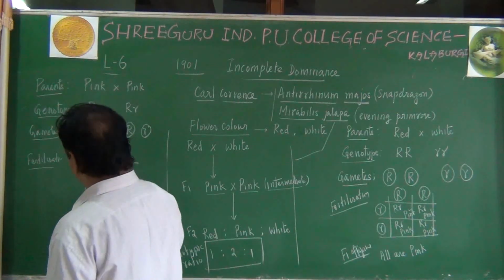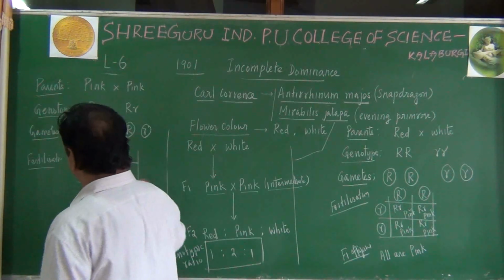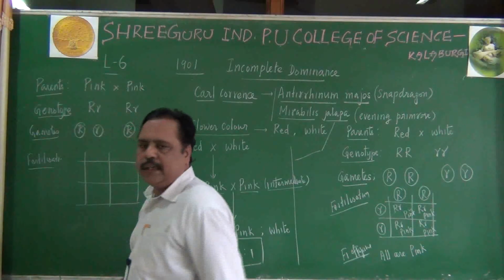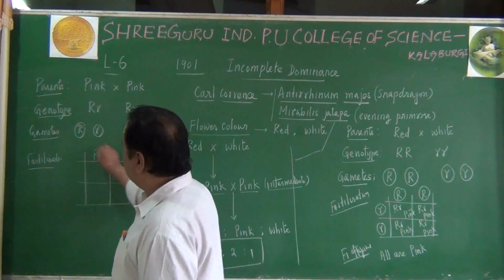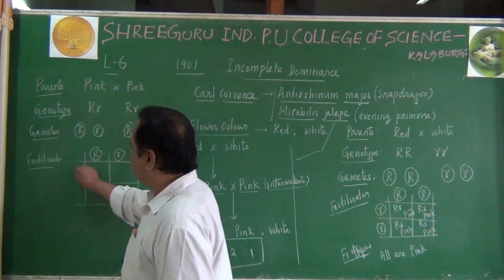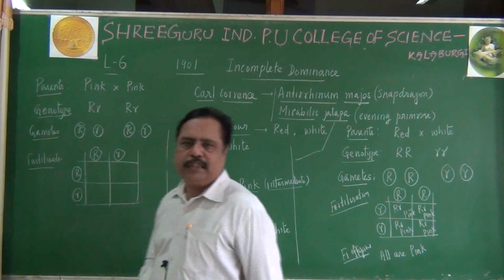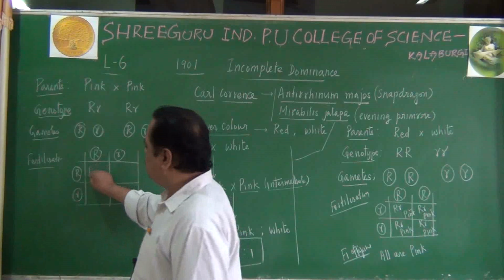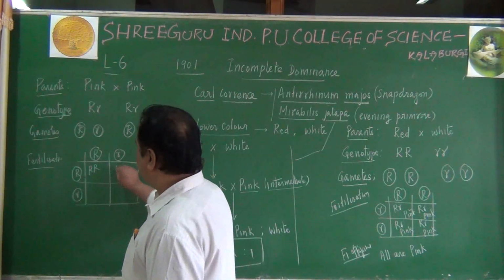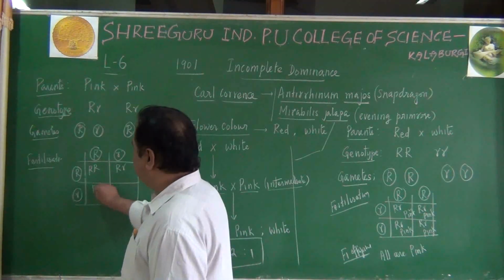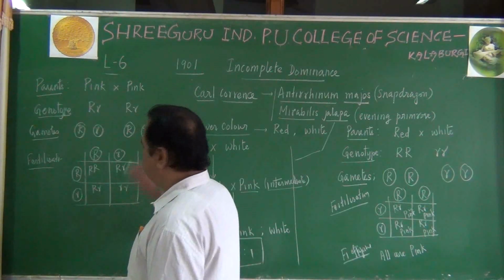For understanding that random type and probability, we shall take the Punnett square technique here. One is capital R, here small r. Here capital R, here small r. We are taking these two gametes here. Remember what the offspring produced are: capital R capital R, capital R small r, capital R small r, small r small r.